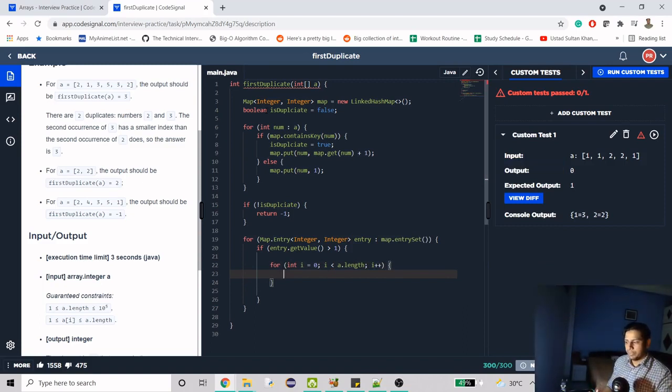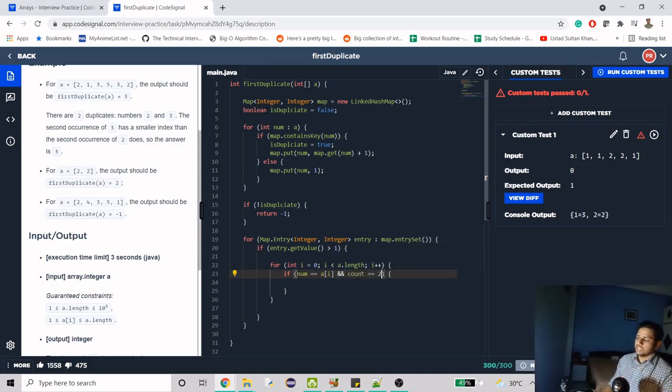Now we have to compare if the array number is matching our current iteration of the map or not. So we will again have an if condition. Here we will check if num equals array element and count equals 2.